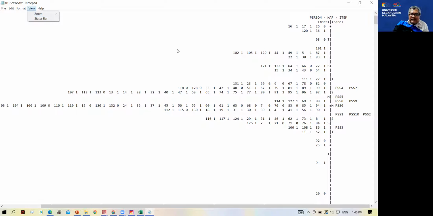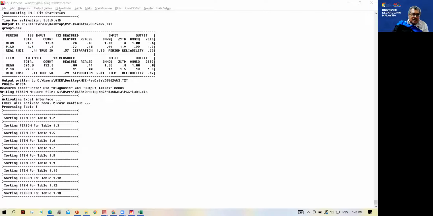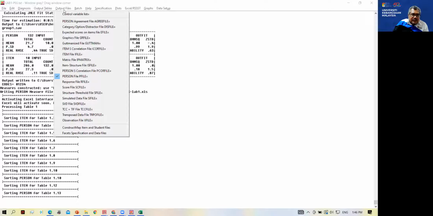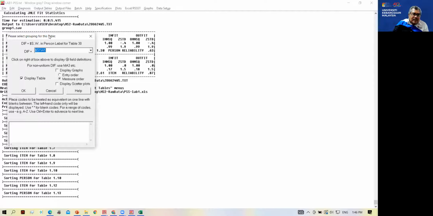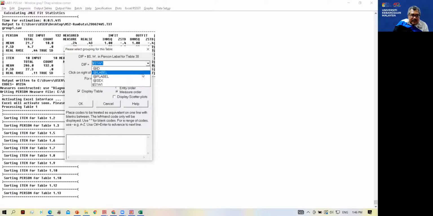Is there a difference between boys and girls? Let's run the analysis. We're going to do the table by item, and let's see whether we can pull the sex in there.